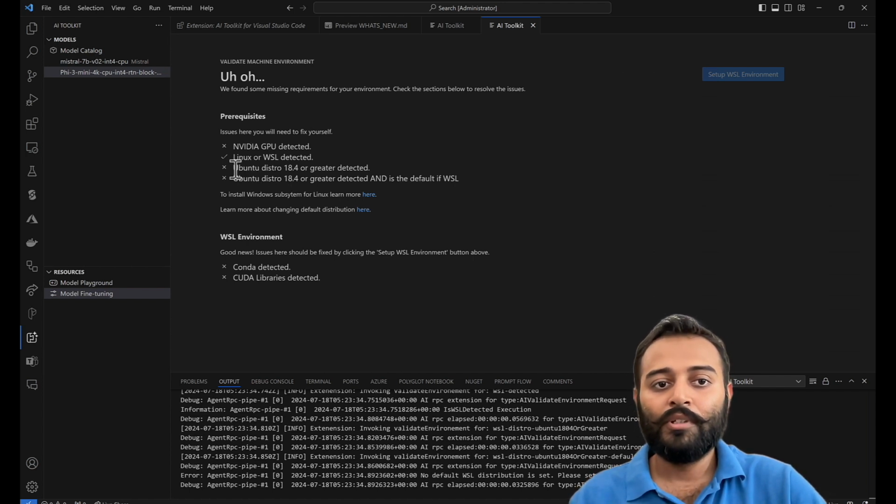You need to make sure these are all running on your machine, such as WSL, Conda, and CUDA libraries. So these are the prerequisites to fine-tune model locally. And here is the link where you can learn how to install these on your system.